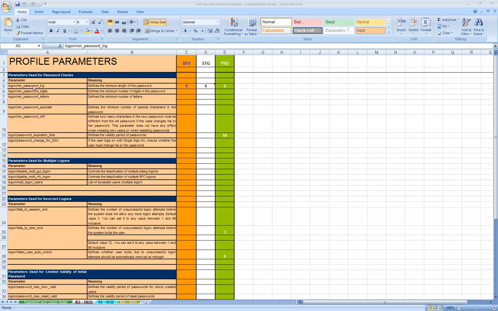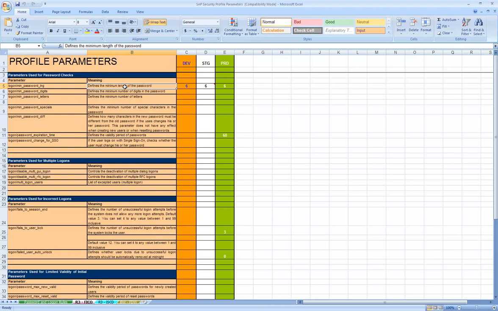So let us look at some of the parameters which affect your security. For example, you see the category here is parameters used for password checks. If you look at login/min_password_length, the parameter definition says that it defines the minimum length of the password.